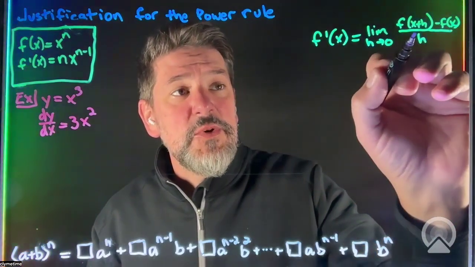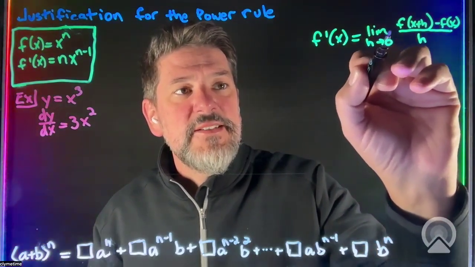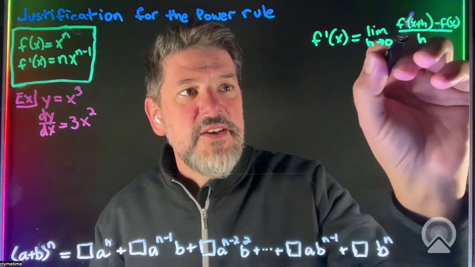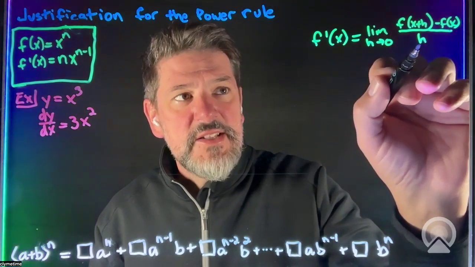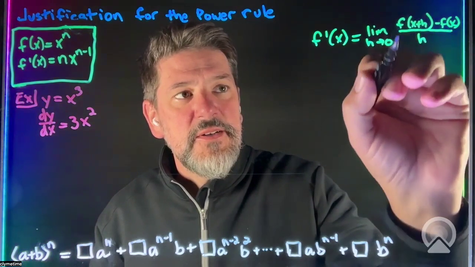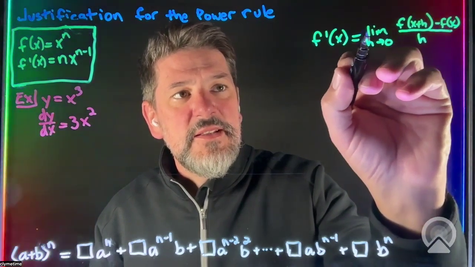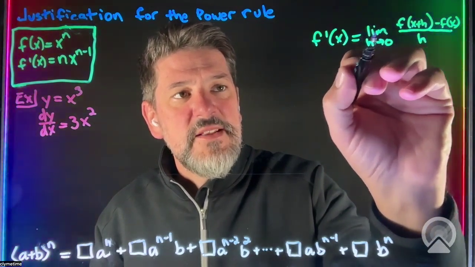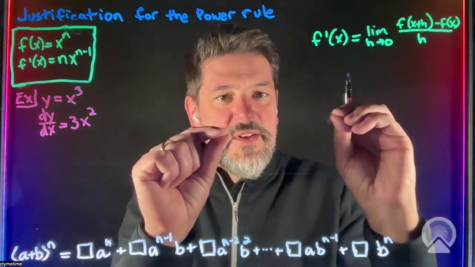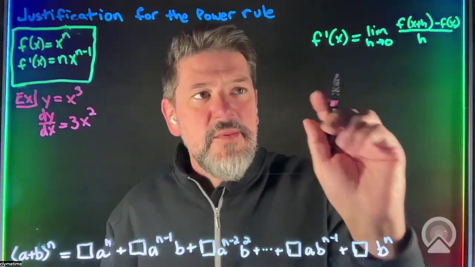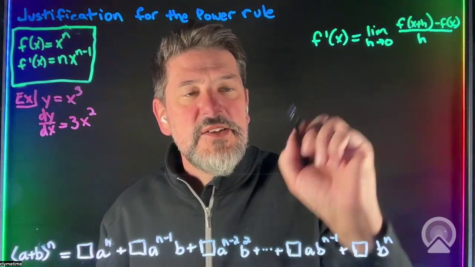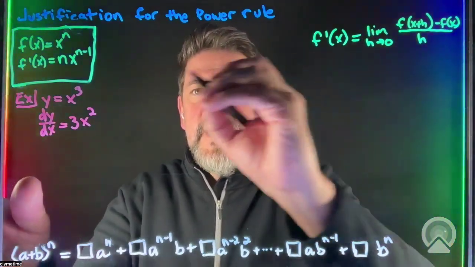I'll just say real quickly that the derivative is the slope of the tangent line. And so here you see change in y values. h is actually change in x values. So we have change in y over change in x. We have slope here. And by making h approach 0, by taking the limit as h approaches 0, what's happening is you have 2 points that are coming increasingly close together to become 1 point. So this makes it tangent, this makes it slope. So it is the slope of the tangent line. All right, so let's apply this now to our